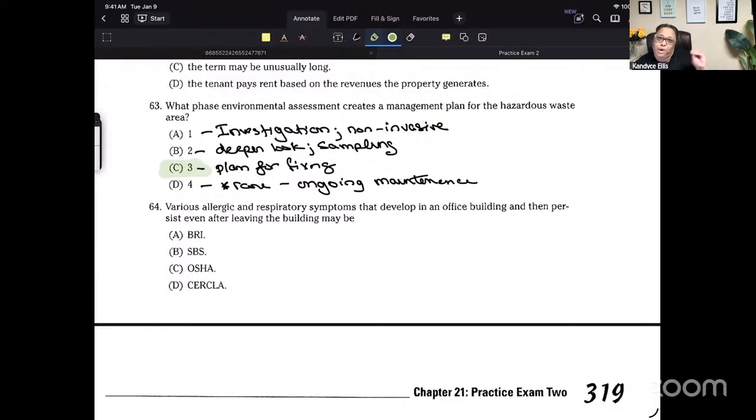Please do not ask Uncle Ray during your actual exams, because I'd really not like to see you get in trouble for cheating. But it's not OSHA, because that's occupational safety and health, whatever. That's who you call when you work someplace and you don't think it's safe. And we know CERCLA, the Comprehensive Environmental Response, something, CERCLA is about cleaning up a site and the Superfund amendments and all of that. So now we got BRI and SBS. And since I don't have an answer key, we've got to call the man.